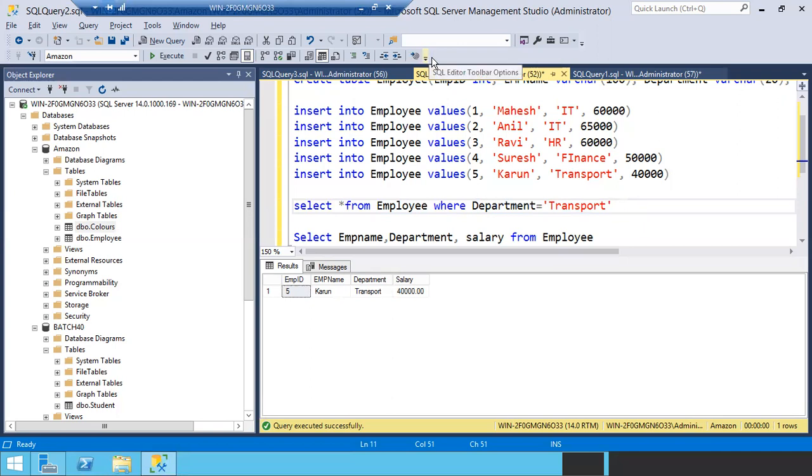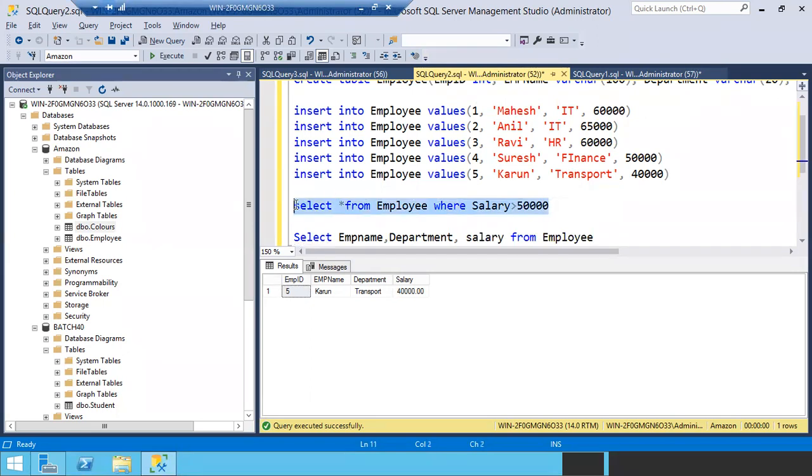Okay, fine, no problem. Can anyone tell me, guys? Where employee salary greater than 50,000. So what is the column name here? Salary, right? Where salary greater than 50,000. I want to pull all the employees drawing more than 50,000, not equal to 50,000. If you want, you can go for greater than or equal to. Okay, 50,000, right?